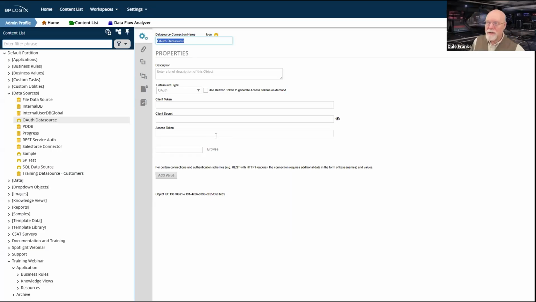There's two reasons for this. Number one, it's not very secure to have your user credentials inside the export file, the export PDZ file, because if you open up a PDZ file, it's a zip file. If you take a PDZ file, change the file extension to ZIP, it magically becomes a zip file.